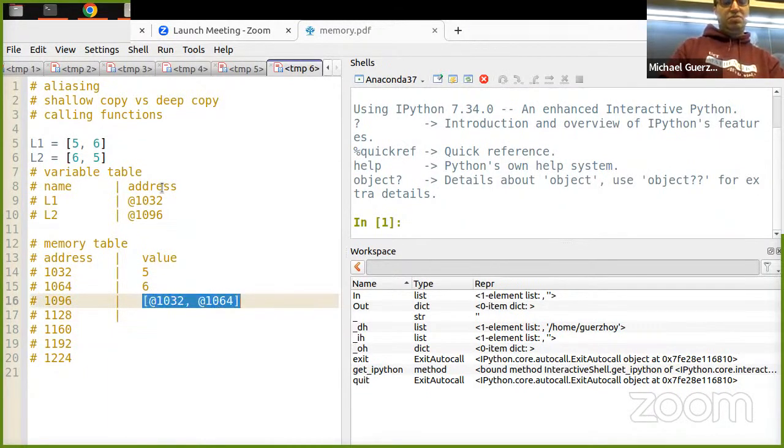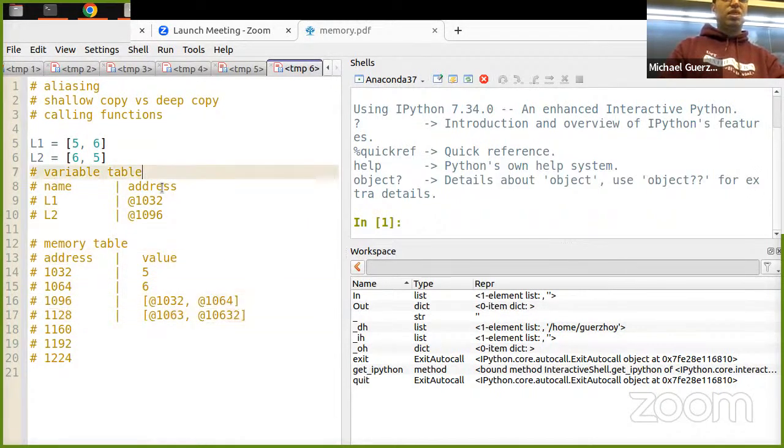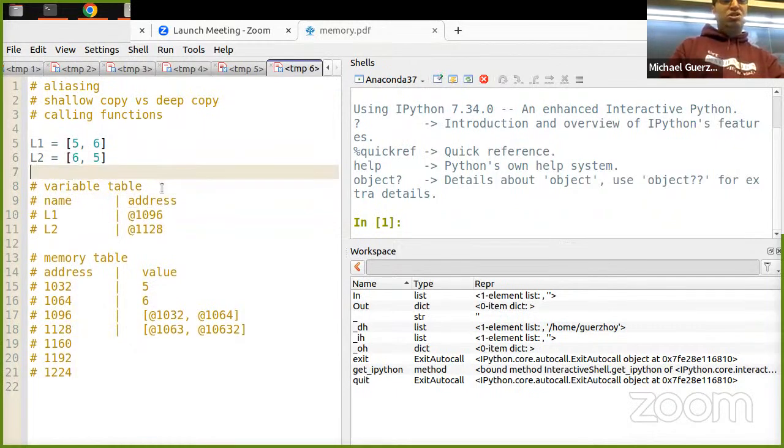And then this is going to be the other way, so this is 1096 and this is 1128. And then what you do is L3 is equal to L1, L2. That's the same kind of thing that you saw in the lab last time, right? Where you have a list of lists as a variable.